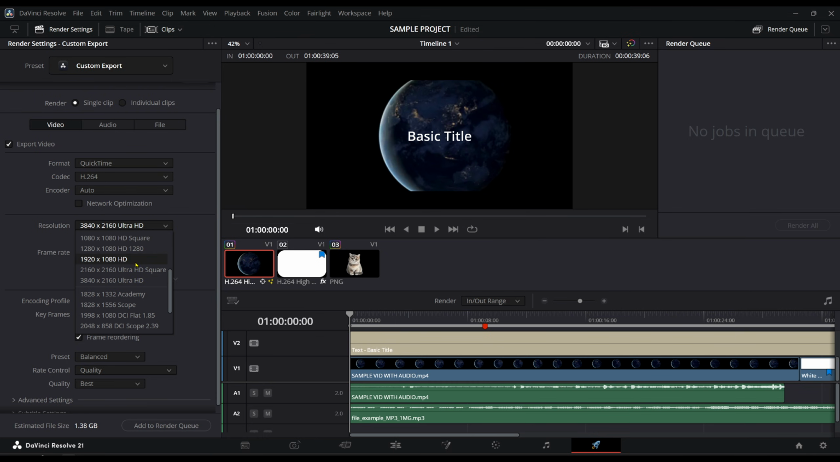Once that's selected, your project is now set up to export in 4K. It's always a good idea to quickly double-check that the correct resolution is showing before you continue with the rest of your export process. That simple check can help you avoid rendering the whole video at the wrong size,